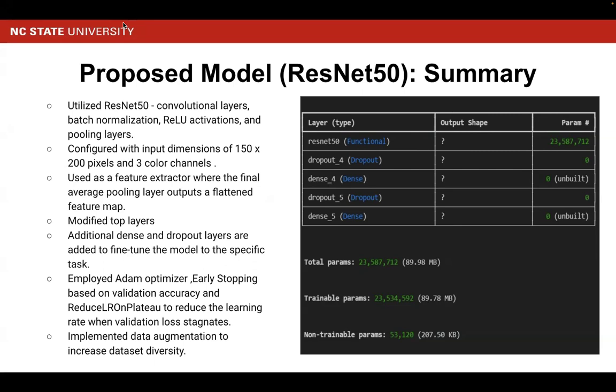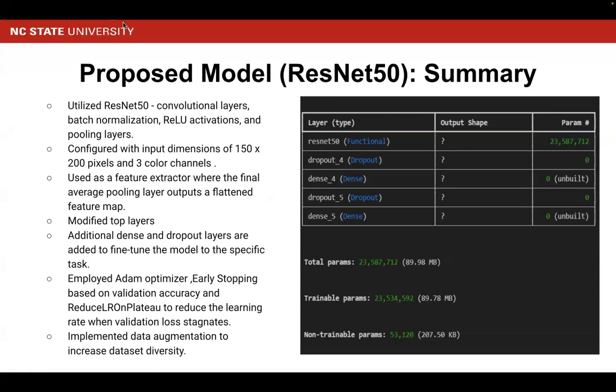We also removed the fully connected layer, which is originally used for classifying the 1,000 classes in ImageNet. We utilized the weights that were trained on the ImageNet dataset, enabling a form of transfer learning. We added dropout layers to reduce overfitting so that our model remains generalizable when it sees new data. We also included dense layers with ReLU activation of 120 and 128 neurons, and the final dense layer with 7 neurons, and we use the softmax activation function.